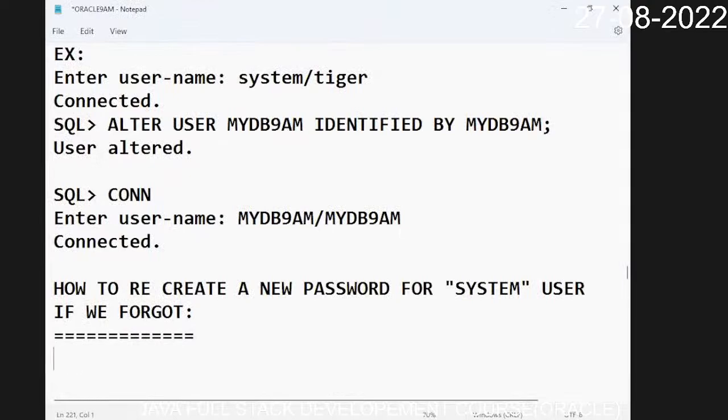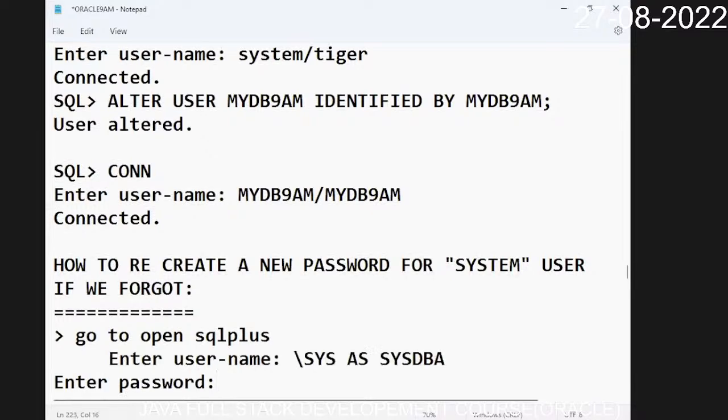So below, write down: go to open SQL Plus, go to open SQL Plus, and you can write your